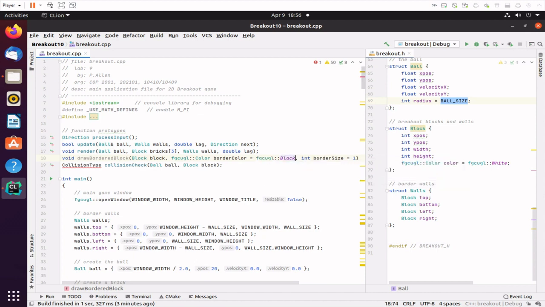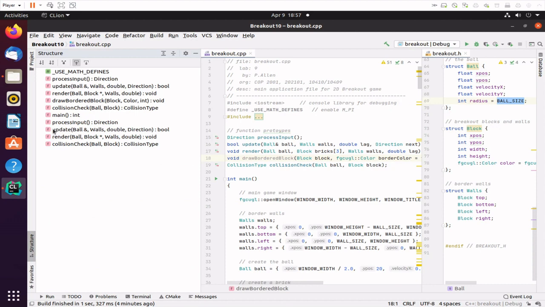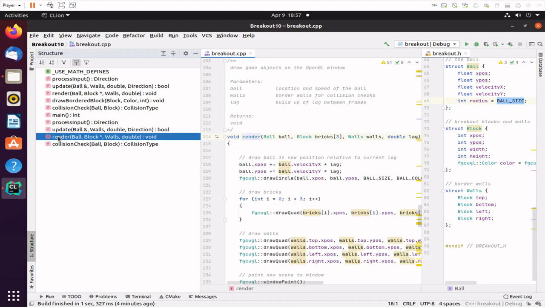Now later on, if we have time, I'll add more things so that we can change the background color, and then you would be able to use a define in your header file for background color, and that would be something you'd want to set here as your define. But for right now, we know our background is black, and we want a 1 pixel border. All right, so I'm going to copy this, and I'm going to jump down to where render is,